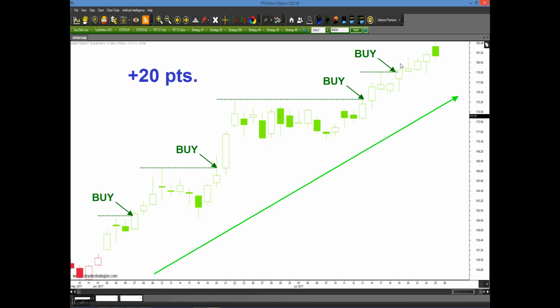Now, it's up to you because, once again, this isn't a strategy. We're not telling you to exit at 20 points every time you get one of these. This is up to you. Remember what I said in the opening statement. The reason why most traders fail is because you're relying on someone or something to tell you how to trade. Put the power back in your own hands. You can decide. If you want to take 1 point, that's fine. If you want to take 20, it's up to you. You have to be in charge. We provide you with the different techniques and methods so you can decide how to be in charge, okay?